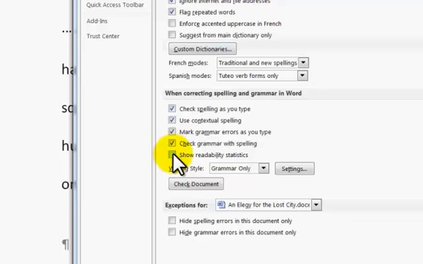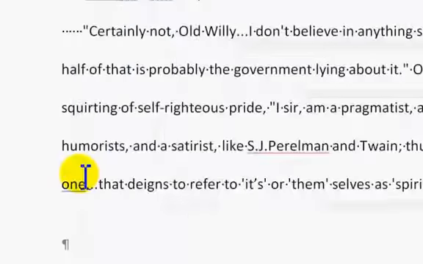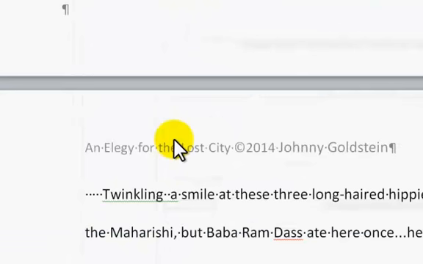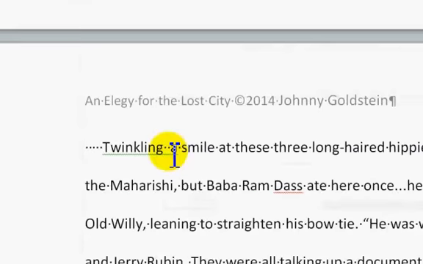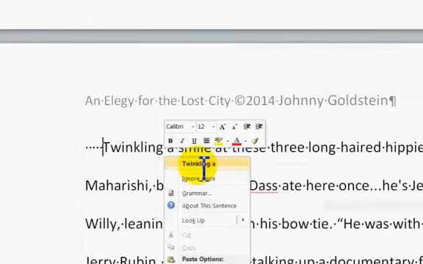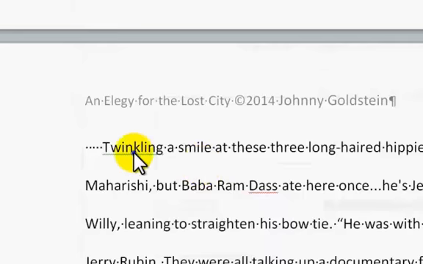And don't show readability statistics, but have all four of these checked off so that it will show you as you type. It'll show you in live action where your errors are. That's how we can find these phantoms that have gotten in here. Once you have a double space there,